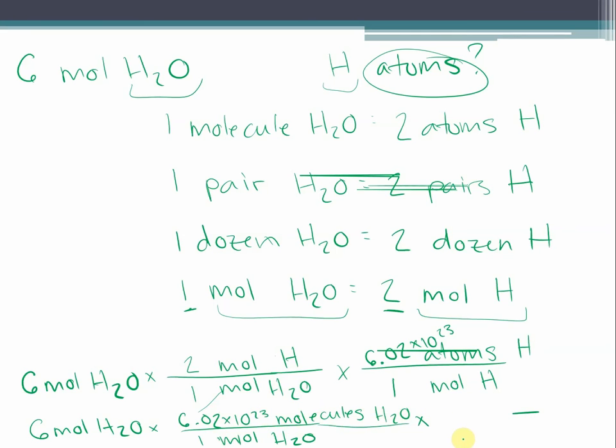And then times one more fraction. In 1 molecule of water, there are 2 atoms